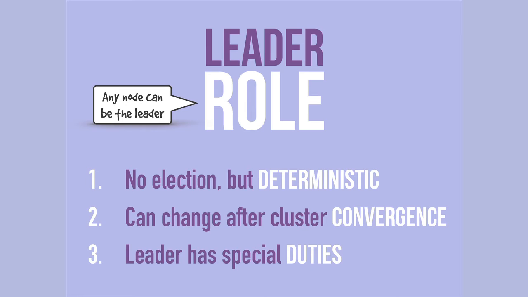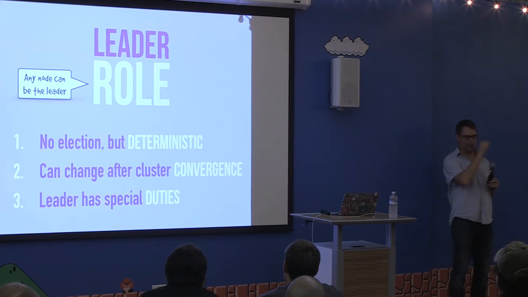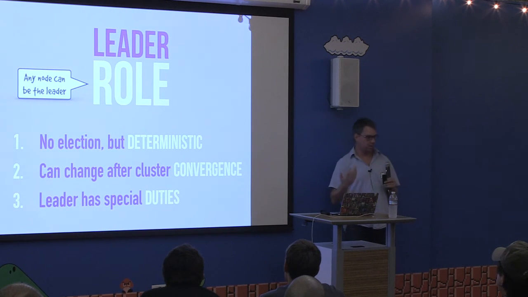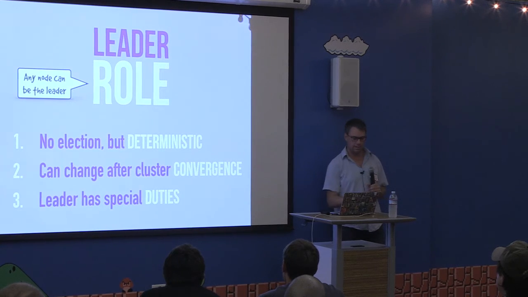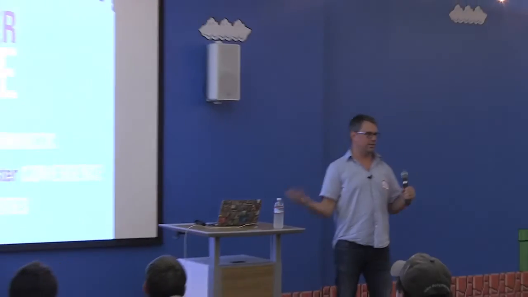And the leader can of course change after cluster convergence. If the leader goes down and is not coming back again, there will naturally be another guy that's first in this list, and he will be the leader and take over the leader's duties. The leader's duties are basically to manage when nodes join and leave the cluster, moving them through different stages. If you remember the state diagram I showed some slides ago, it makes sure that it moves them, because it needs to be just one that does that.